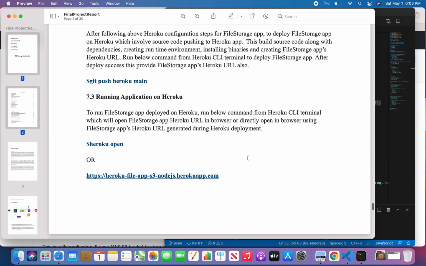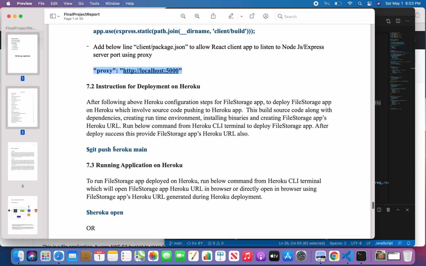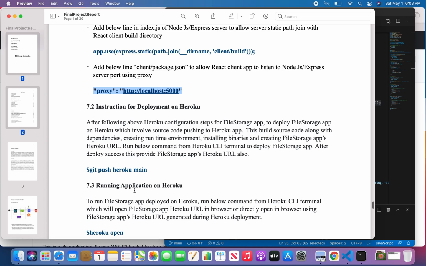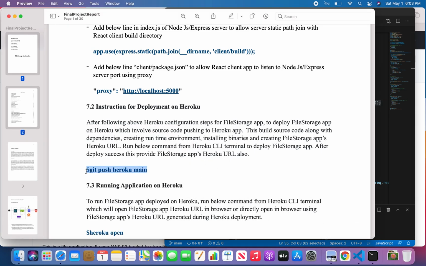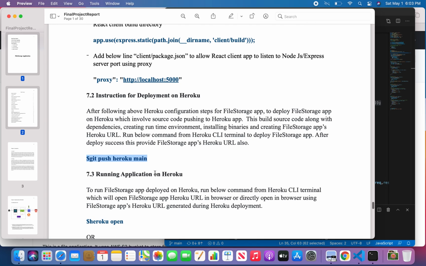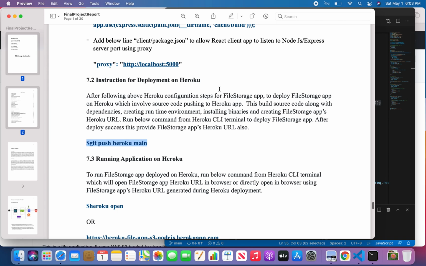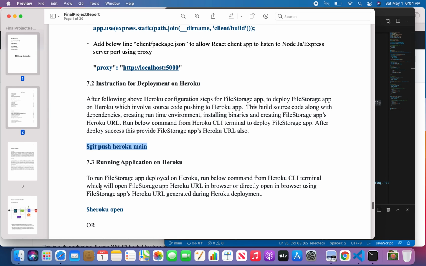And after that, now after doing these operations, we just need to push our code to Heroku. So this is the command to push our code to Heroku. Go to the terminal and run these commands. To push to Heroku, we use this git push heroku main. It will push your code to Heroku itself. And when you use heroku open, you are able to open your running application. So let me show you that.